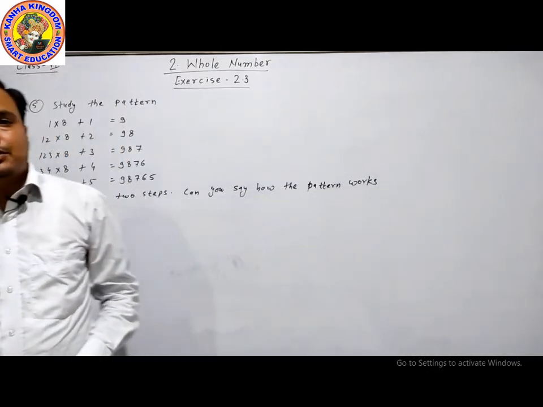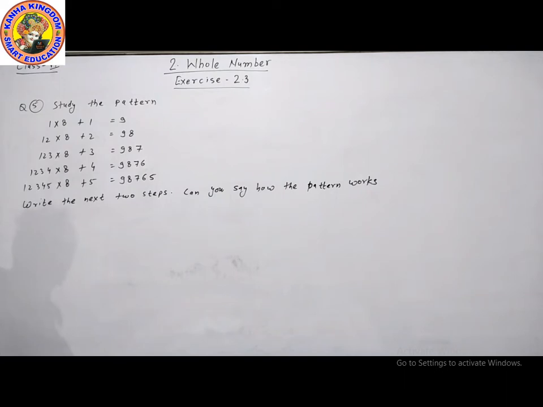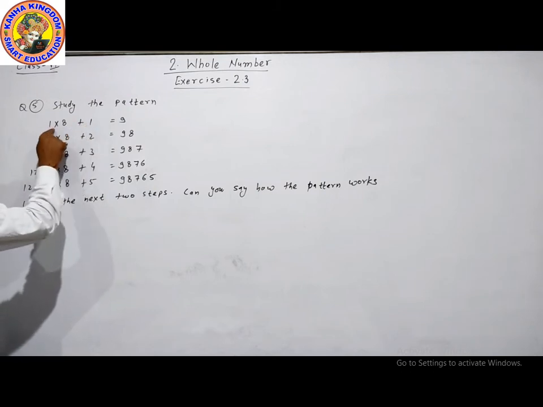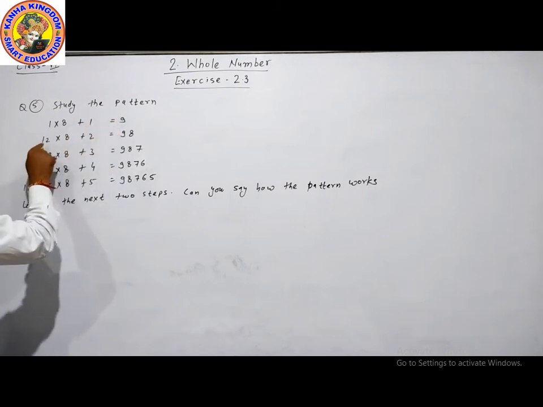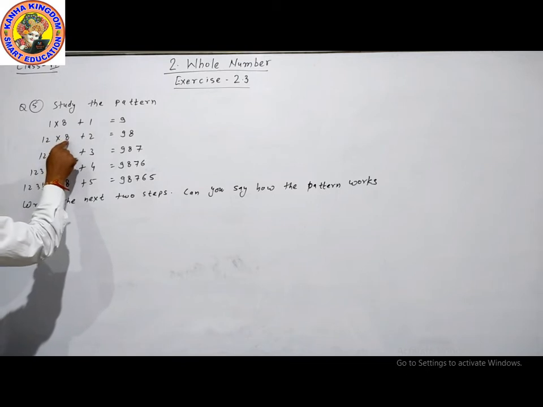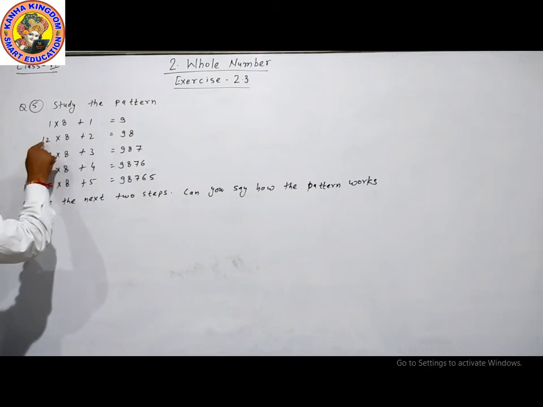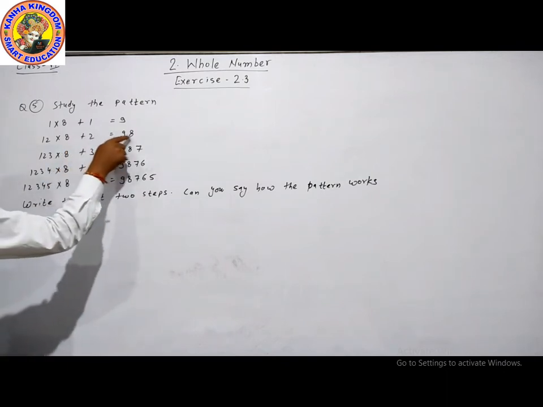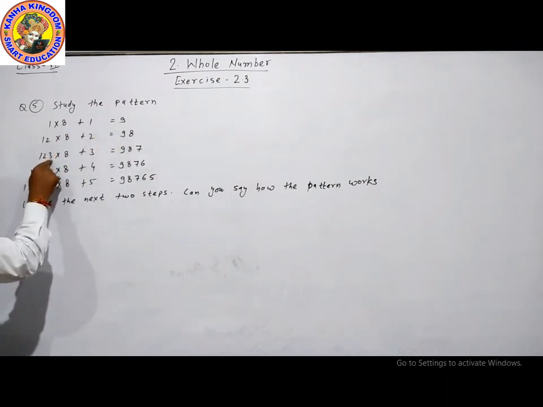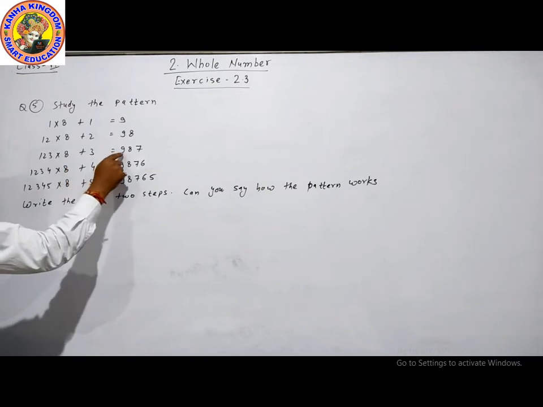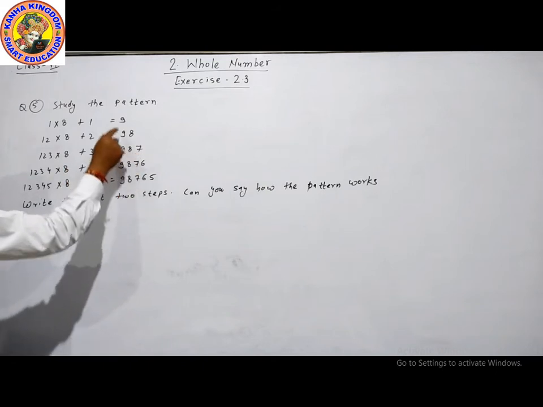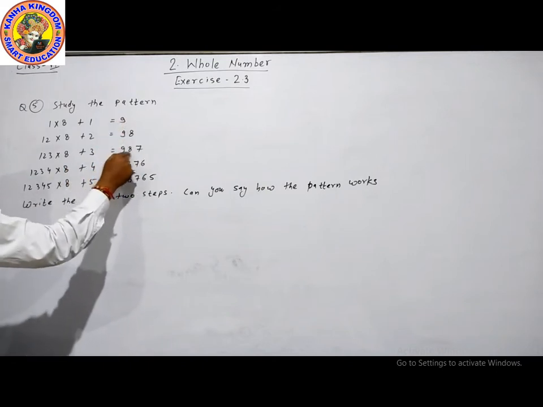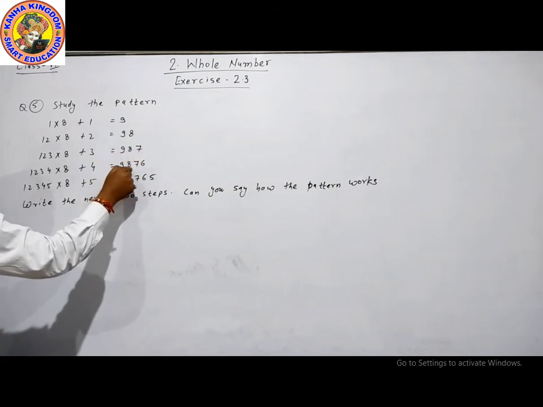Now our next question is question number 5. Study the pattern. The pattern is 1 into 8 plus 1. 1 into 8 is 8 plus 1, 9. 12 into 8 is 96 plus 2, 98. 1, 2, 3 into 8 plus 3 is equal to 987. 9, 98, 987, 9876,